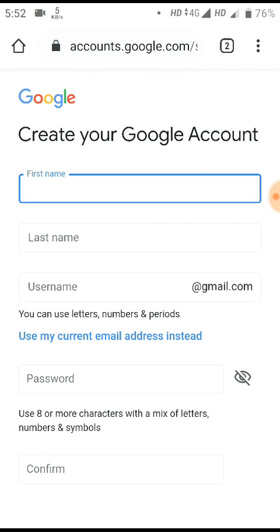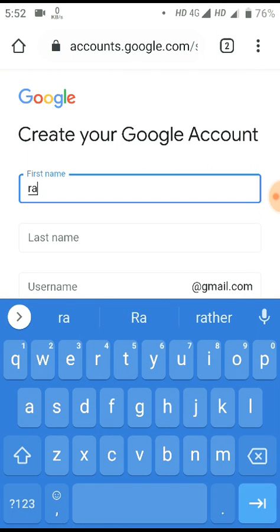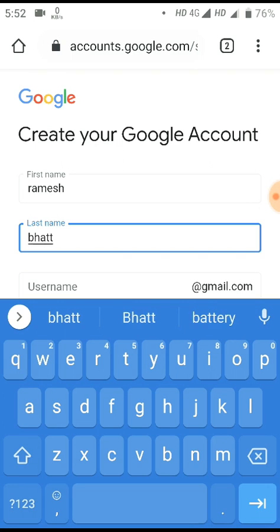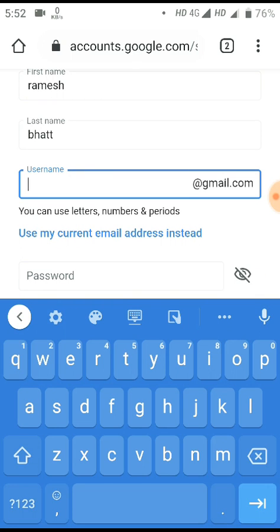After clicking here, it will ask for your details. So I am filling in my details here. Now, the username. Students, it is a tricky thing to enter a username because in the world there are millions of usernames that already exist, and each and every username is unique.